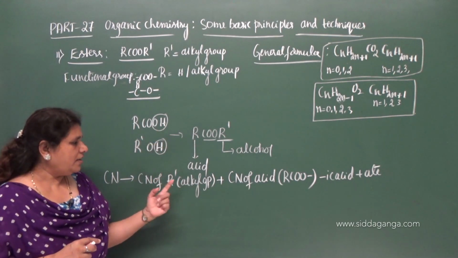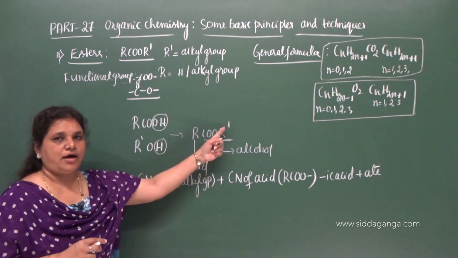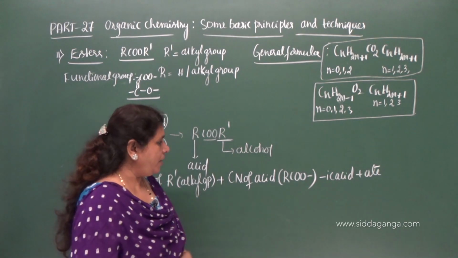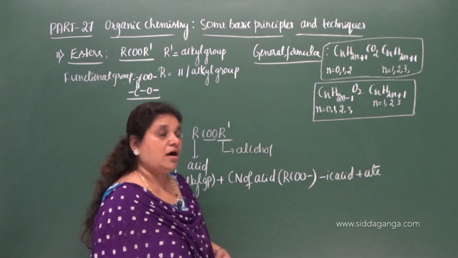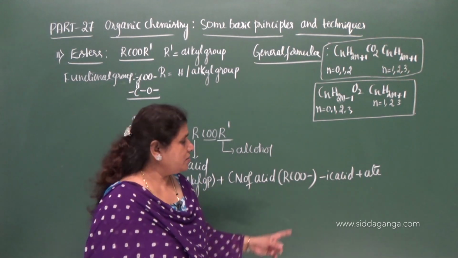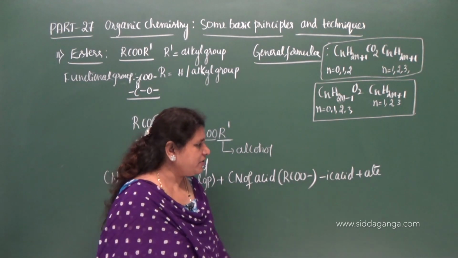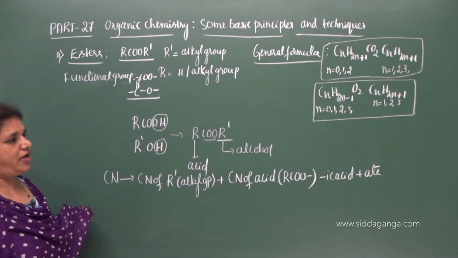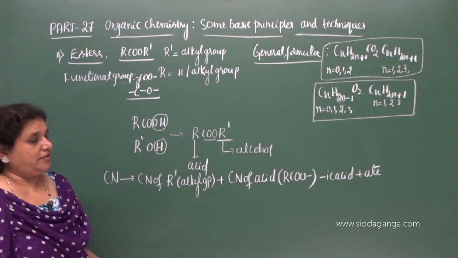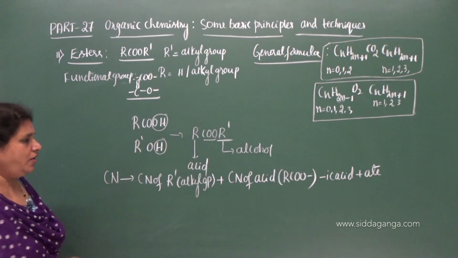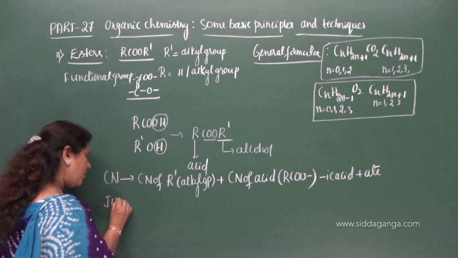So in this way you have to give the name of esters. First comes the alkyl group, that is R dash, its common name, followed by the common name of the acid, that is RCOO, because this is from an acid, correct? So from the common name of the acid we remove terminal ic acid, and then we add the word ATE. Then we will get the common name of the esters. Then what is the IUPAC name?